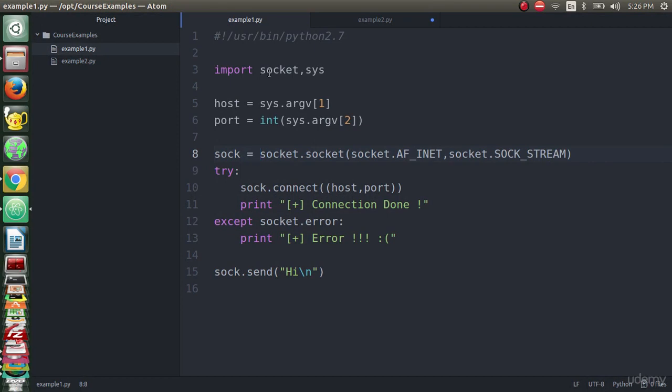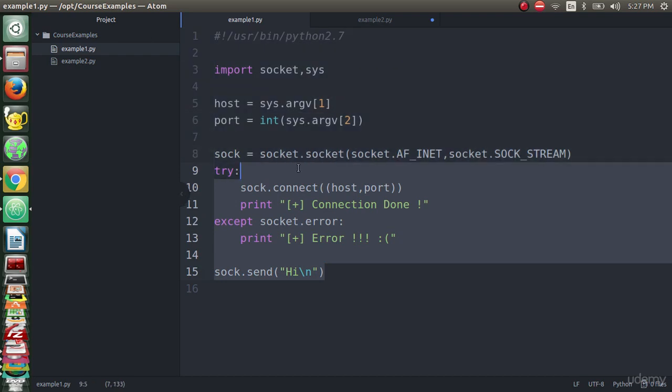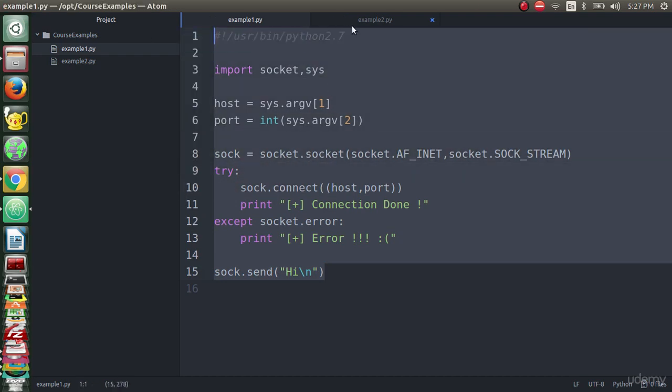As we can see here, we import the socket and sys libraries: the socket library to make the connection, and sys to take two arguments, host and port. Then we initialize a socket with IP version 4 support and using the TCP protocol. Then we try to connect to the host. If any exception happens, we'll print an error. If all goes well, the script will print connection done. We just send hi as data to the system,